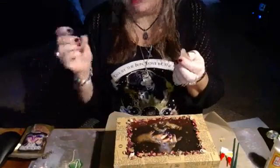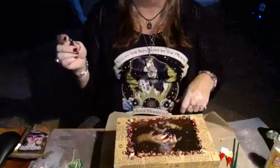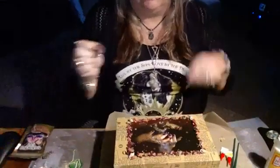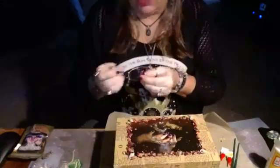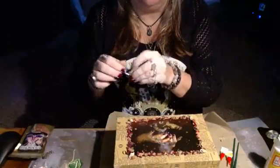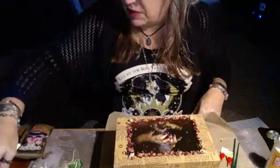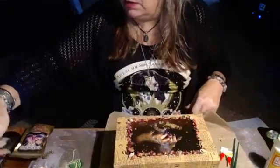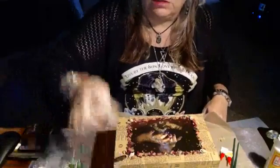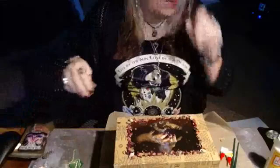Just my preference. There's a lot of people out there that absolutely love Aurora quartz, and there's absolutely nothing wrong with that. It's just really not my favorite. But I bought a bunch of these to make some bracelets because, like I said, there's a lot of people out there that do like it. And so I was thinking maybe I would put them on the box, but I think where I added the seashells, or I might go back and actually do some